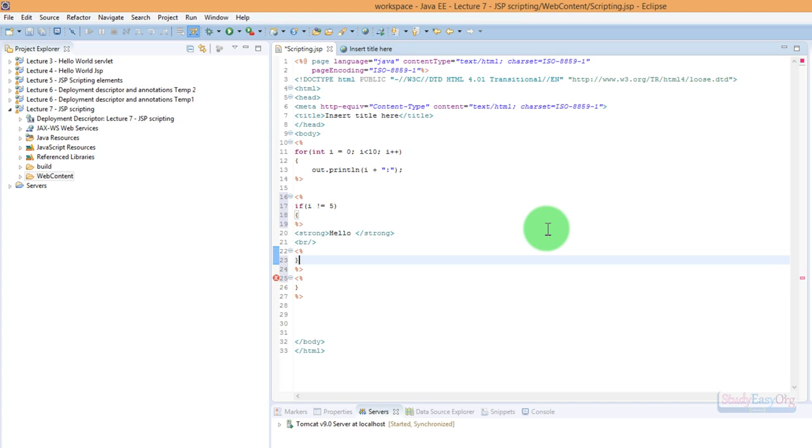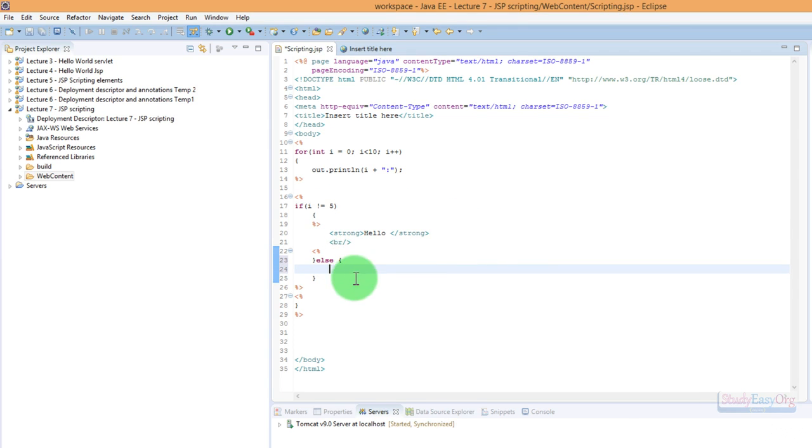It would be closing braces of the if. Let me arrange the text in a proper way, which would definitely make things more readable. So if i is not equal to 5, then we would be printing hello, else we would be printing hello world. And this time we would be making use of a simple trick, and that trick would be out.println,